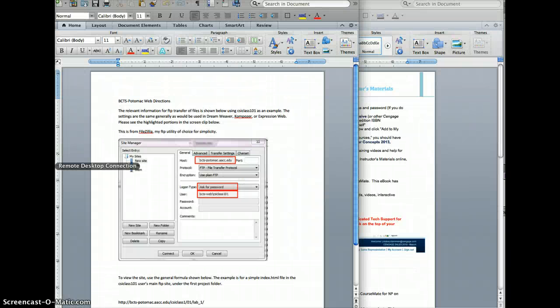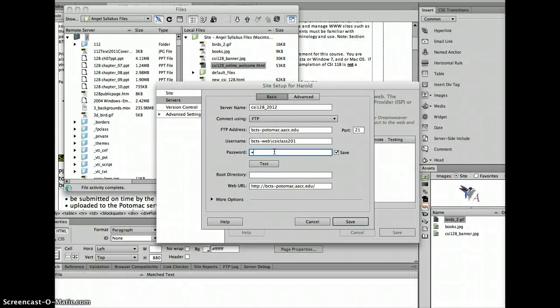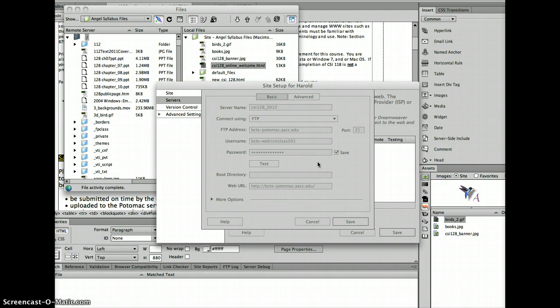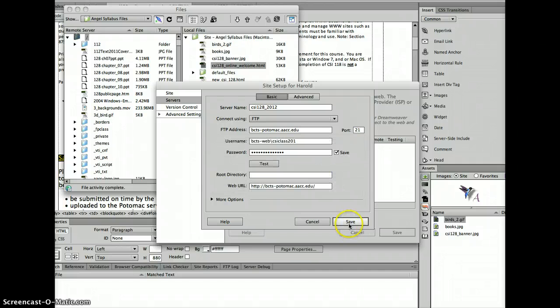So, as you can see, I typed something wrong. All right. Success at last. See how that works? That's that easy. Once you do that, you click save,